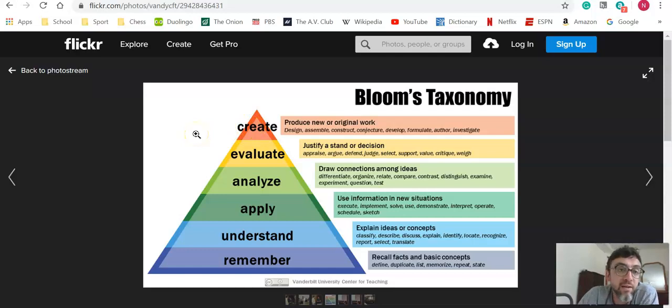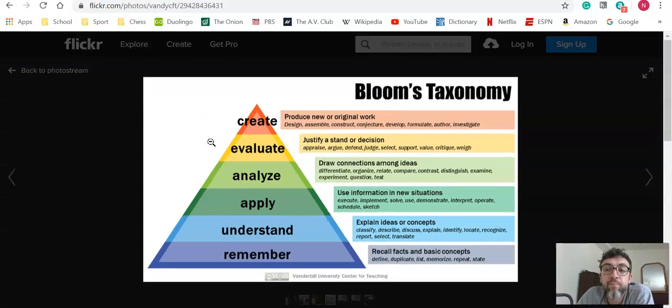You are taking it in, you are evaluating it, and then you are mixing it with your own life experience and your own preconceived notions, and with what you bring to the table as an individual. And then you are doing the designing, the assembling, the constructing of a new thing that is individualized, and can be completely different per student, and really brings a lot of opportunities for the students to